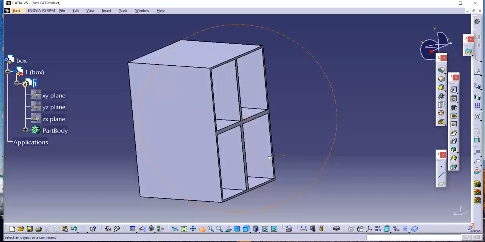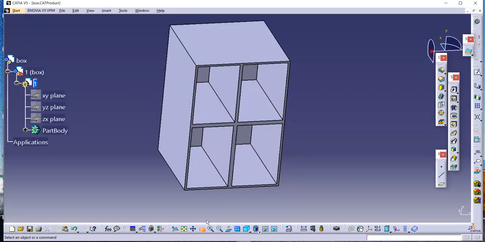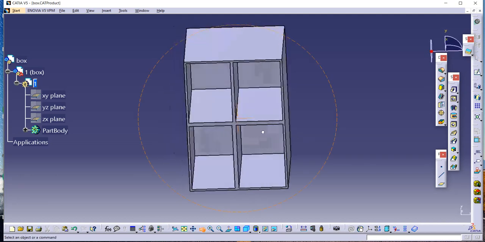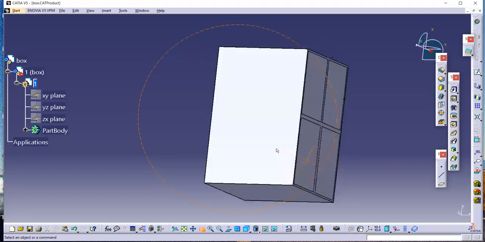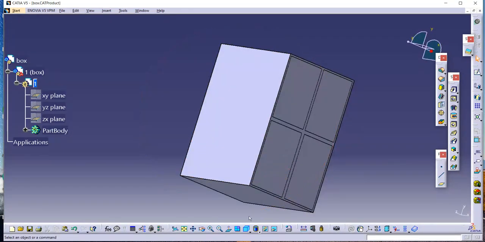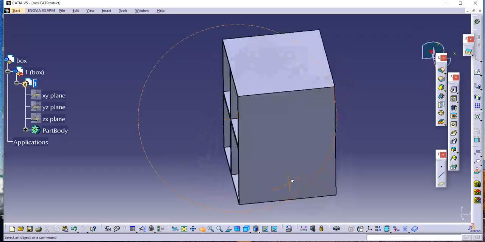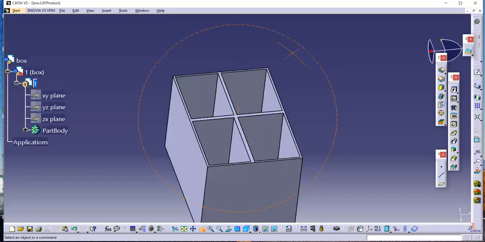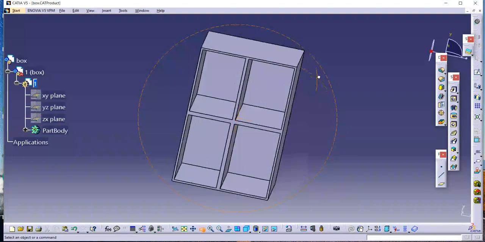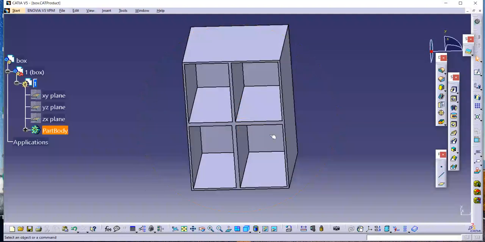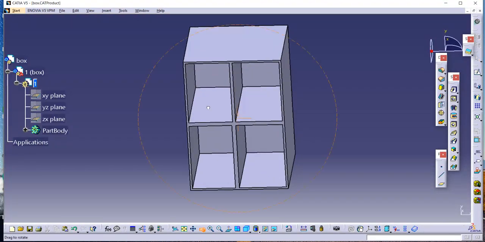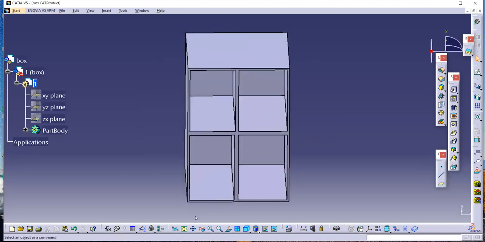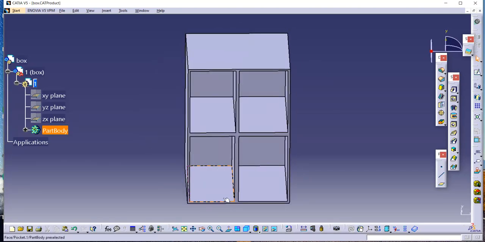By using this rotate tool, we can rotate the object just like this. We can see the bottom, the top, and the rear. And also we can zoom in and zoom out the object, or we can fit it just like that. With different principles of view, we can see that